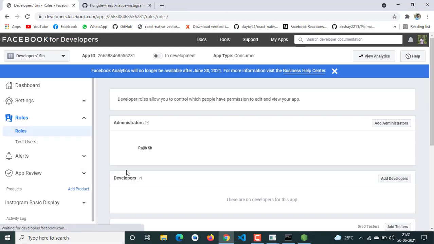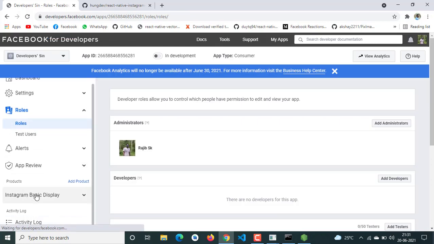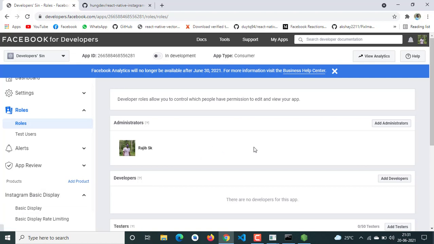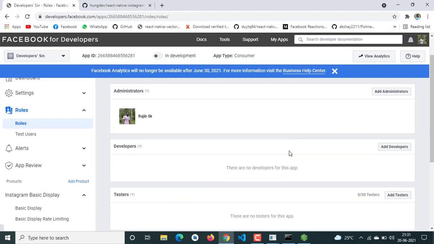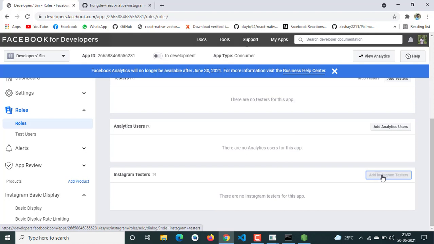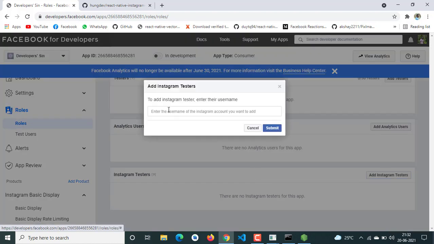Instagram basic display, inside basic display you are going to have that option Instagram tester, and we are going to add Instagram tester over here. So you can only add Instagram user, you cannot add outside user for testing. So we're going to add,